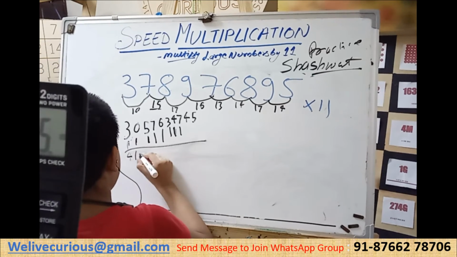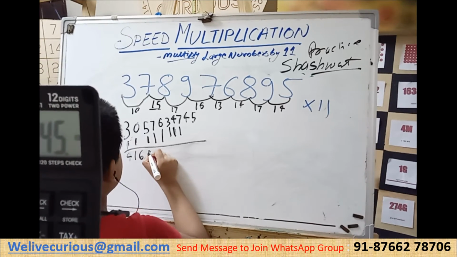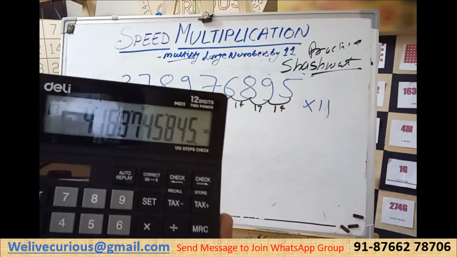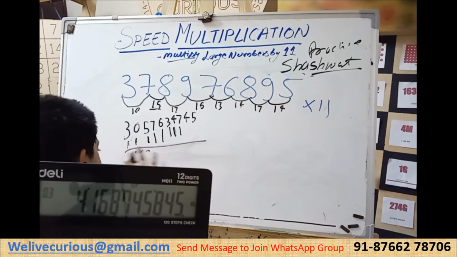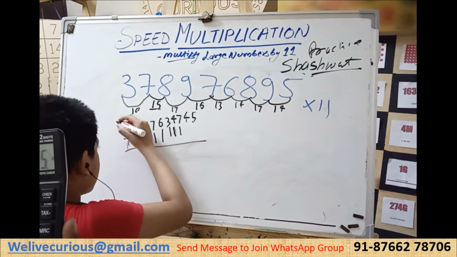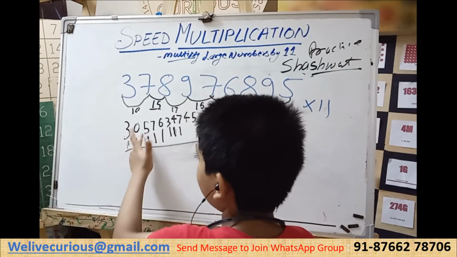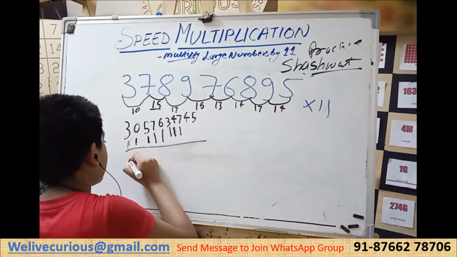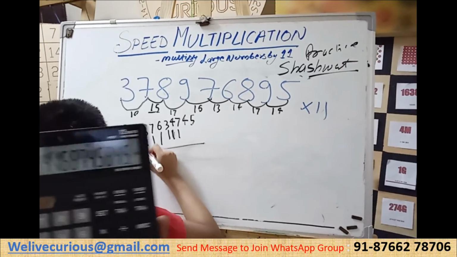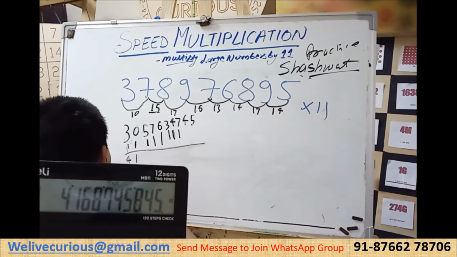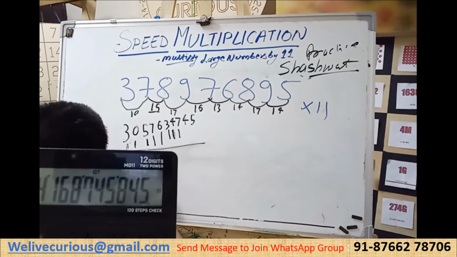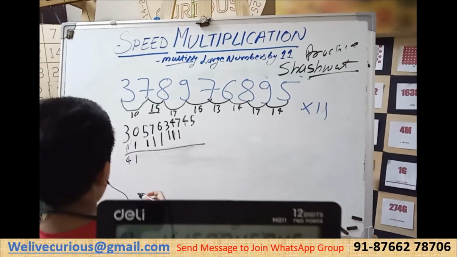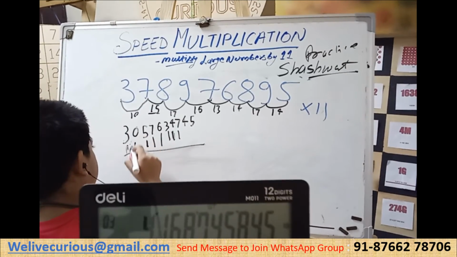4, 1, 6. 6 is 6. 8. Oh no. Guys, here is the issue coming. I'm not writing under this. See? I was just going to add this one here. I have to write it under it, so as not to create confusion. Oh, I forgot once again. 3 plus 1 is 4, as everybody knows.